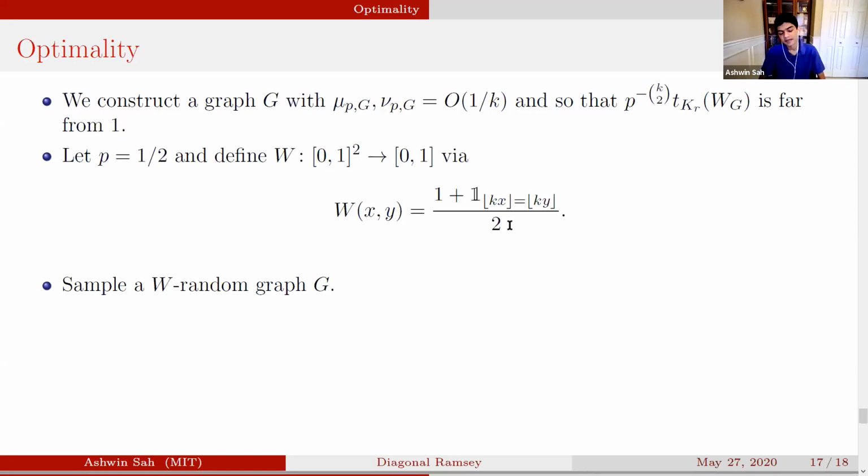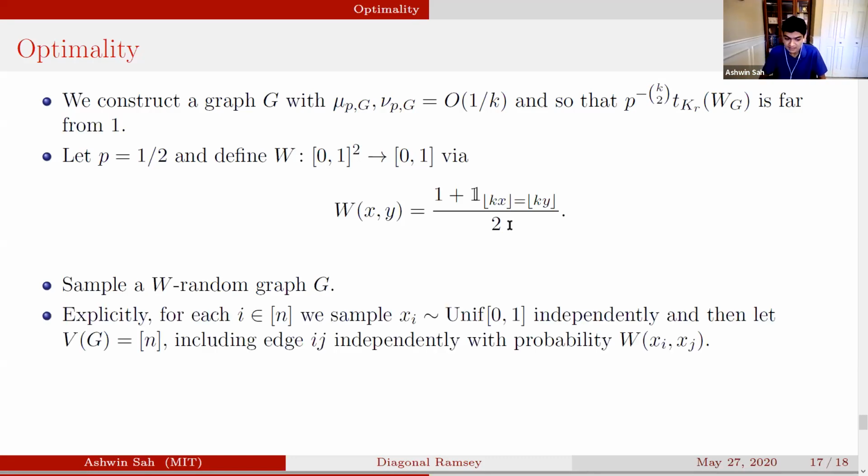If you care deeply about getting a graph rather than a graphon, then you can use a standard trick, which is to sample a W-random graph. Just explicitly, for those who haven't seen this before, you have a vertex set 1 through n, and for each i, we sample a uniformly random real number x_i from 0 to 1. Once we've sampled those x_i's, we include an edge ij in our graph with probability W(x_i, x_j). So it's almost like a G(n, 1/2), but in certain cases, instead of having G(n, 1/2), you just have guaranteed edges in some sense.